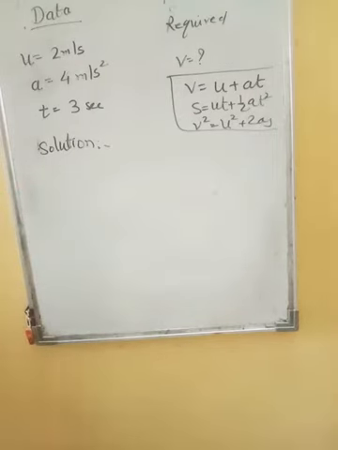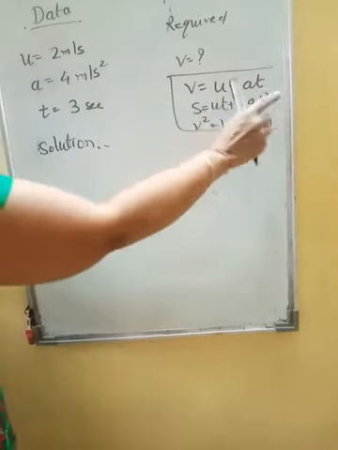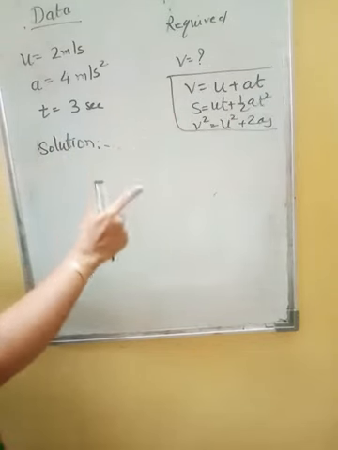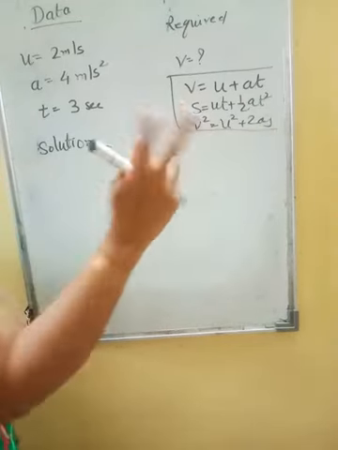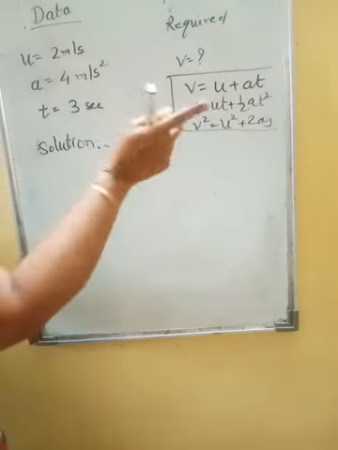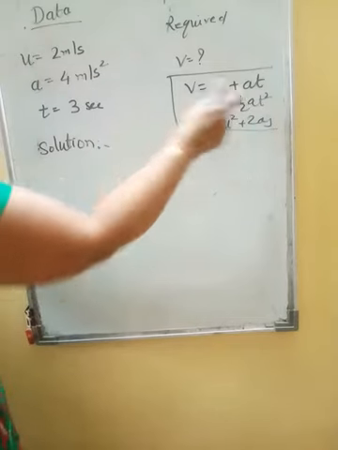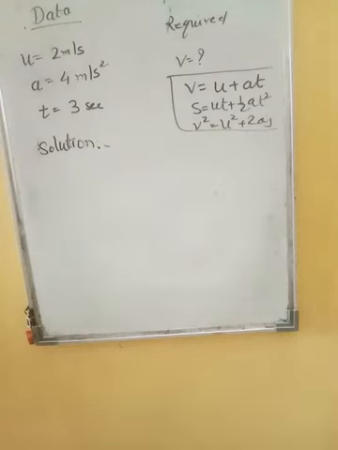So children, remember one thing, there has to be only one unknown. The rest of the things should be known to us, then only we will be able to find out. Now children, here we have to find out V. V is not there in the second equation. So we will definitely not be using the second equation. So either the first or the third. Now here also there is no S. So V and S, two unknowns can't be there. So most probably the first equation will be useful. U you know, A you know, T you know. So the right hand side you know, you can find out the left hand side which is V. So let us do that.